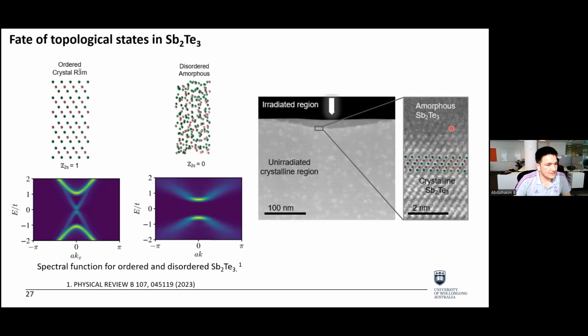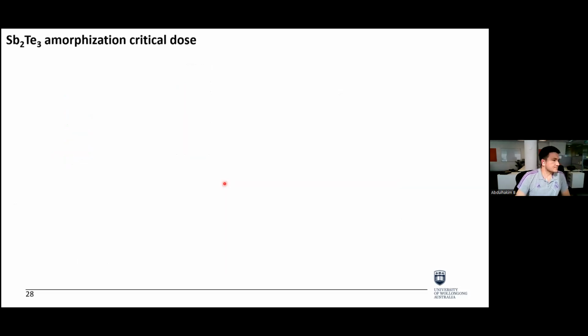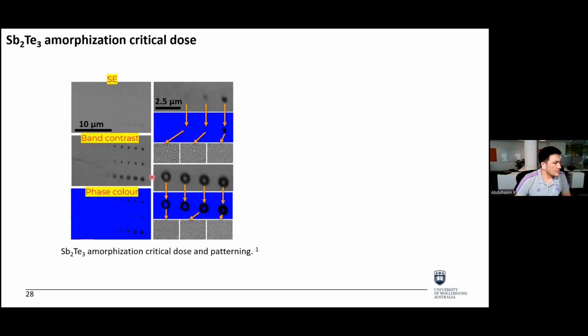This transition usually happens within 2 nanometers. So that means, using ion beam, we can create really sharp interfaces or structures. There are a lot of studies that I have conducted to study the effect of different ion beam fluence and energy, and using EBSD mapping, we can clearly see there's a transition as we gradually increase the ion beam fluence, we could create